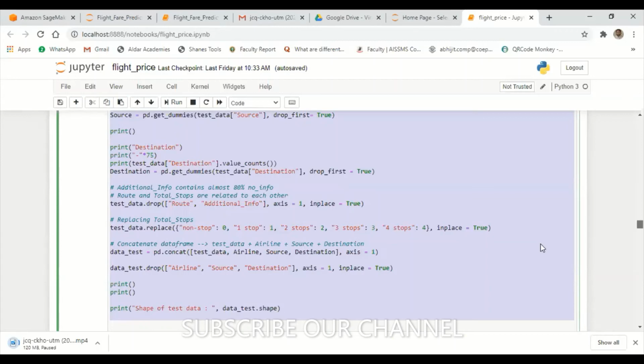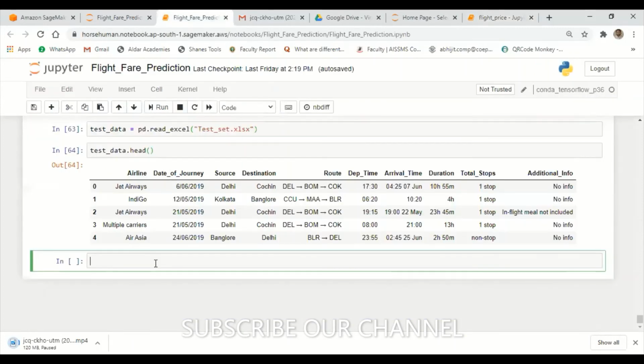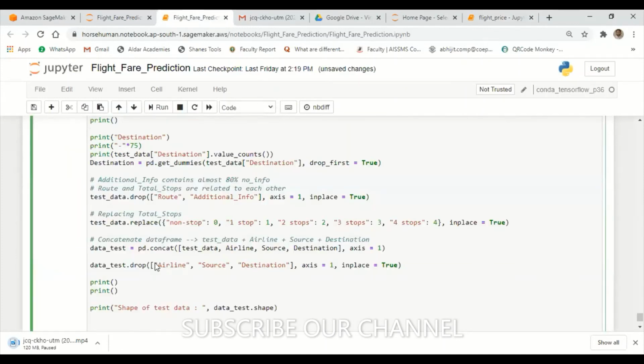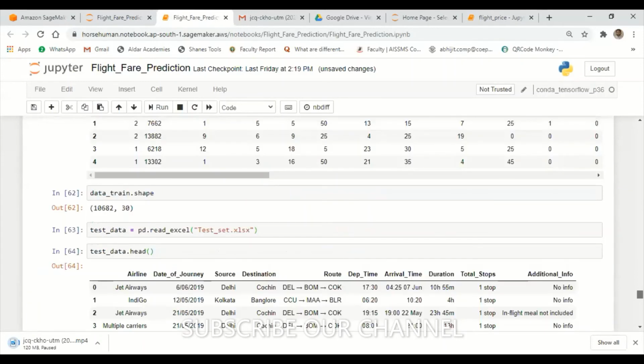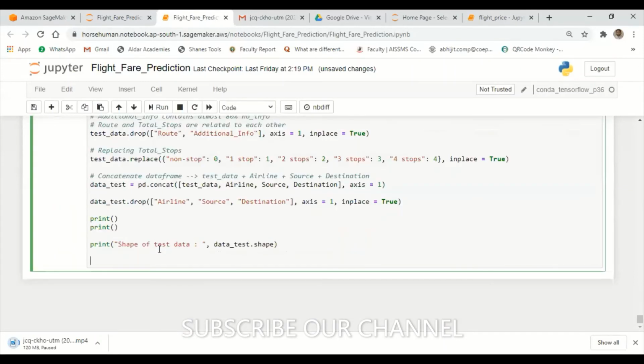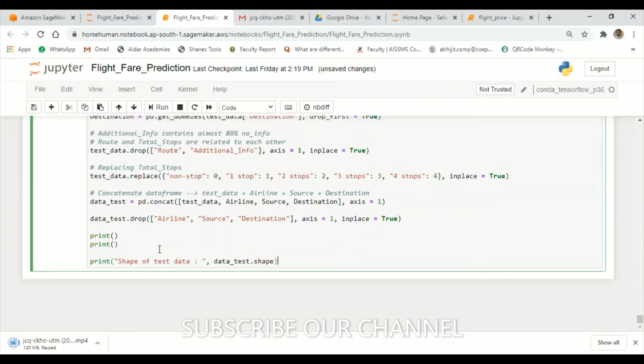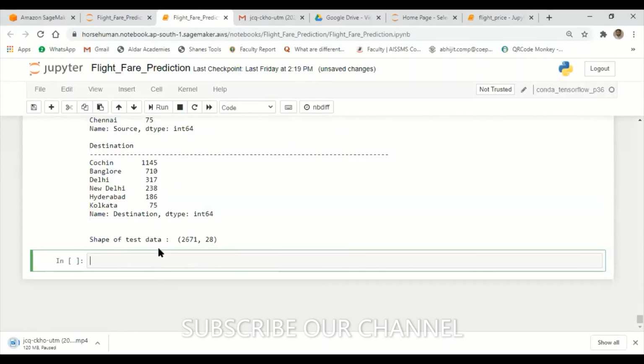Are you there? Yes, sir. I'm just repeating, so don't get confused here. This is for the test data. Shift and enter. Can you see this?